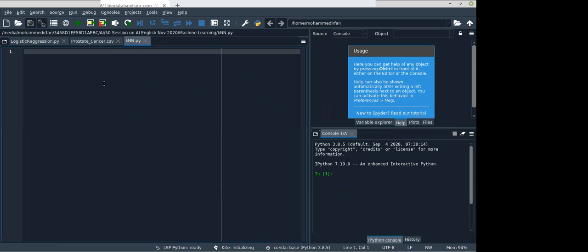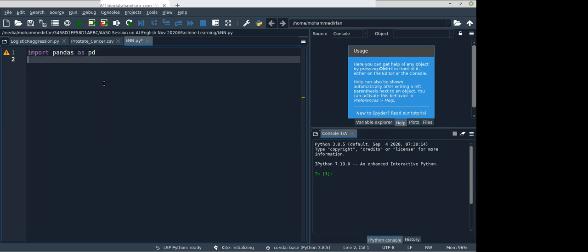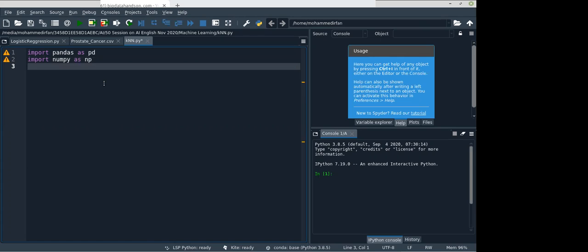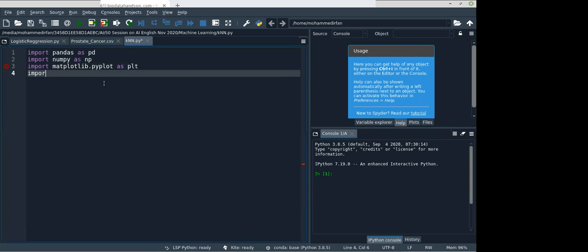Okay, so first let me import the libraries: pandas as pd, and import the numpy library, numpy as np, and we can import matplotlib pyplot as plt. Okay, and then we can import seaborn as well.